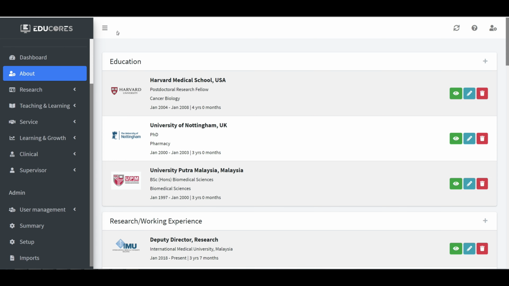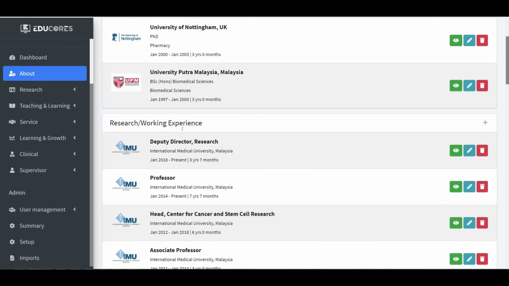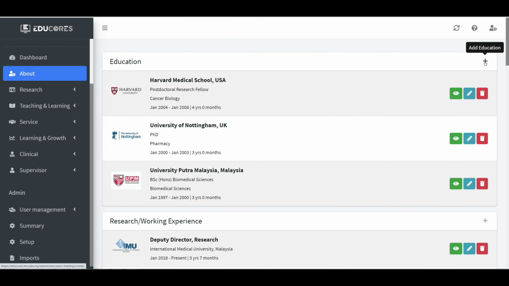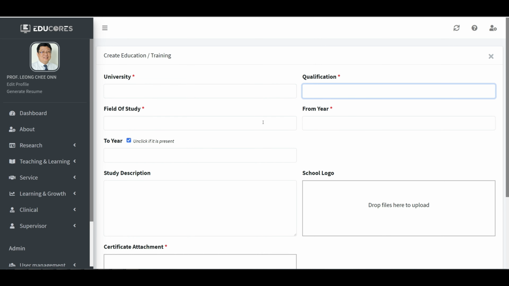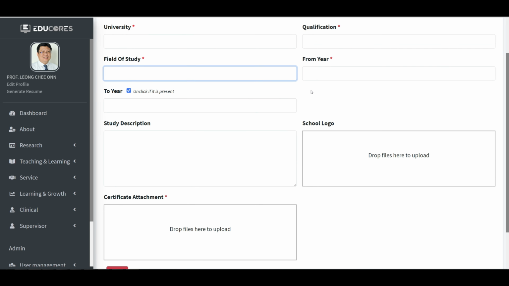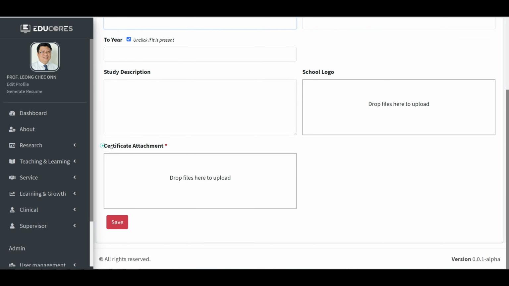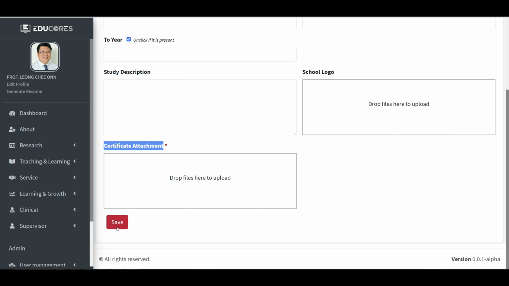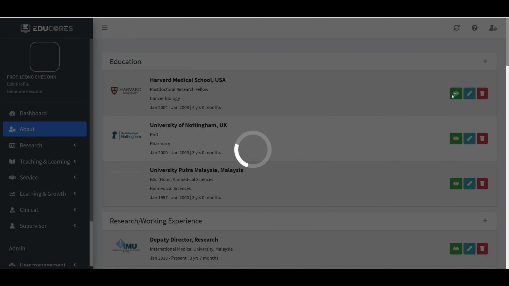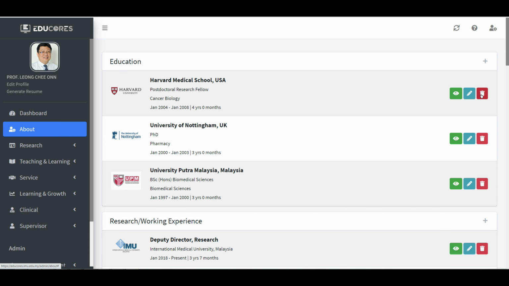On the right, it will display the list or items under each category. To add new information, simply click the plus button on the top, and it will bring up a pop-up window where you can key in the relevant information. For important information, such as qualification, professional memberships, awards and etc., attachment of certificates is required. Once it is done, you can press the Save button and all information including the attached documents will be saved under your portfolio. You can view, edit or delete the individual entry by clicking button on the right here.